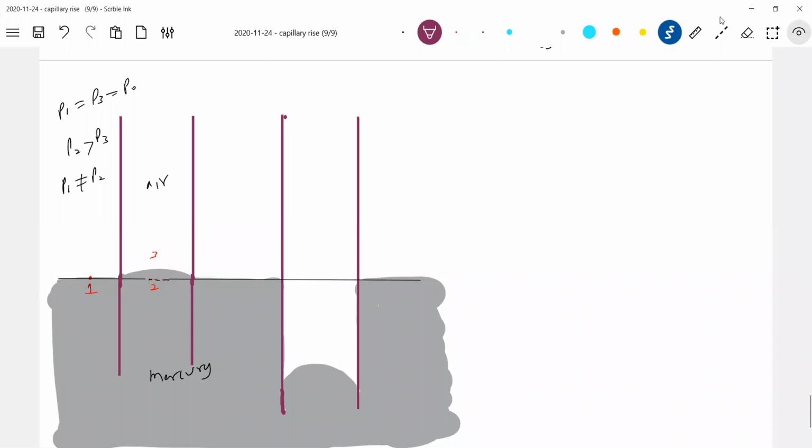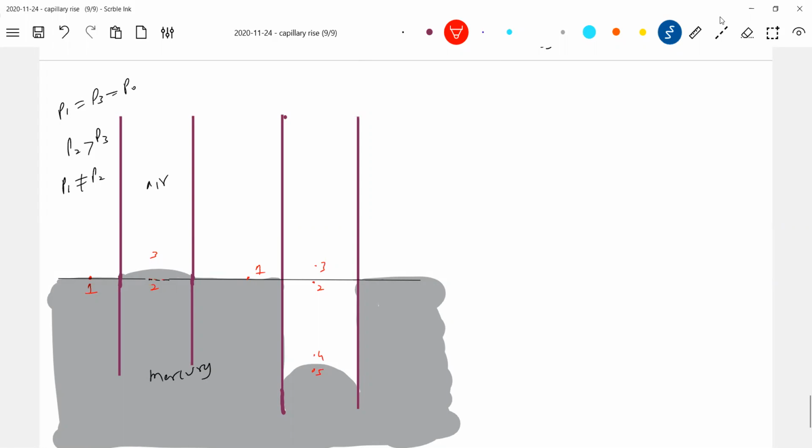Look now, pressure at 1 and 2 must be equal, but pressure at 2 is more than P1. So to make pressure at 2 equal to P naught, the mercury has to fall here. These are the points I'll not disturb, as it is point 2. The new points: this is 4, this is 5. You come and check it now.